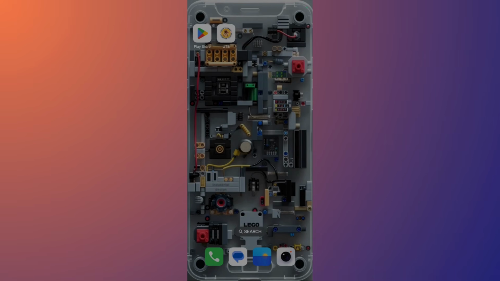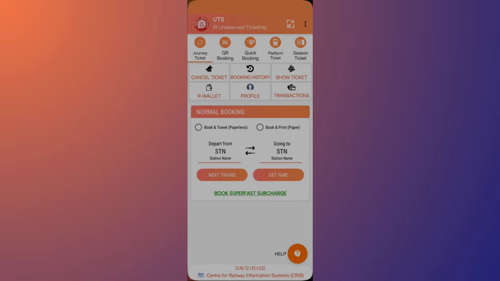In this tutorial I will be showing you how you can close your UTS application account on Android or iOS devices. So the steps are almost identical for both of them. So let's start by opening up our UTS mobile application. So simply tap onto the application icon and your UTS mobile application will be launched and you will get an